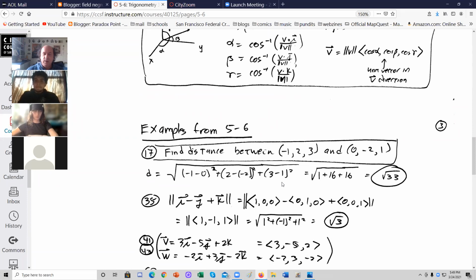3 minus 1 is 2, which squared... oh my, no, it is 4. No, that's a 2. This should be a 4. I'll have to change that one. This happens. Let me make a note here. That was a definite mistake. This should be a 4, which plus 16 plus 1 is root 25, which is 5, and so that must